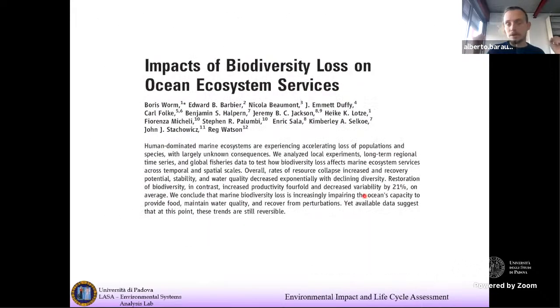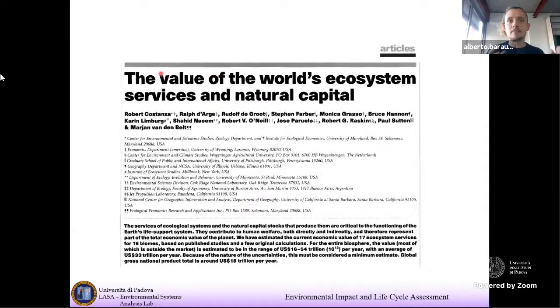And if you want to read more about these things, these are titles of a couple of publications about the impacts of biodiversity loss, for example, in the oceans. And somebody even attached a monetary value, so estimated what is the value of these ecosystem services in dollars, okay? This is a very famous publication. It has been cited 1,000 times. It is also being criticized, but it started a research line that's very important nowadays too, okay?